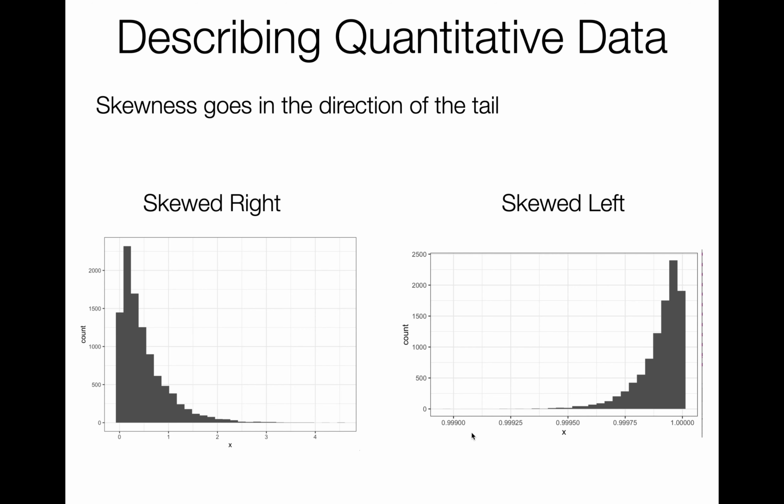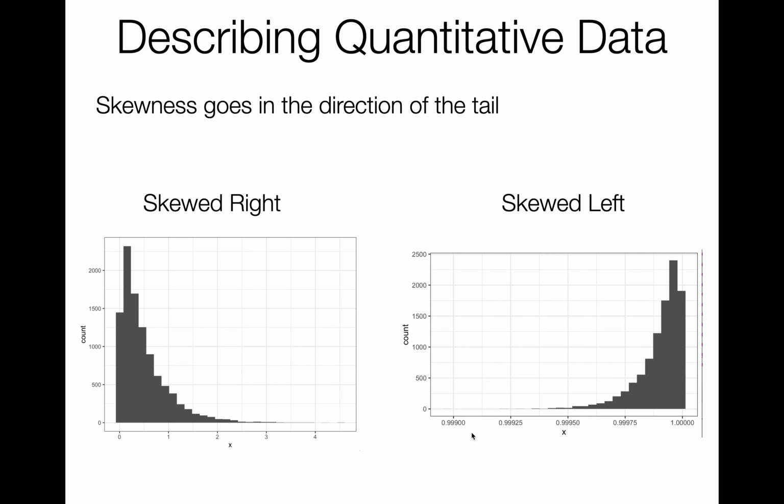So here are 2 plots of data. Each show different types of skewness. So if we look at the left plot first, you'll see that most of the data lies on the left side of the plot, okay? And then you see that the data trails off to the right. There are a few values at 3, but most of the values are close to 0. So we would say this data is skewed right